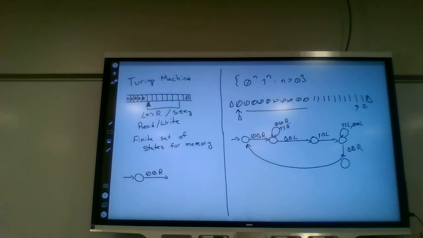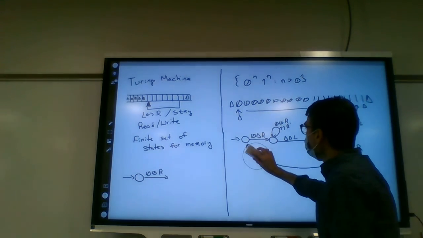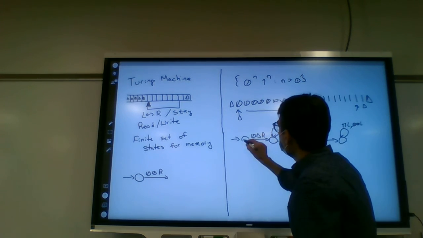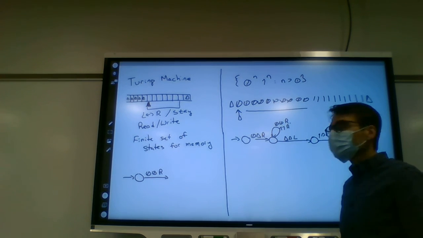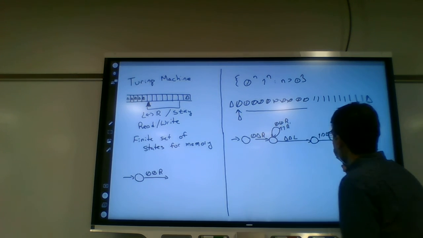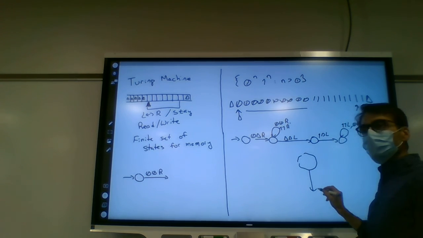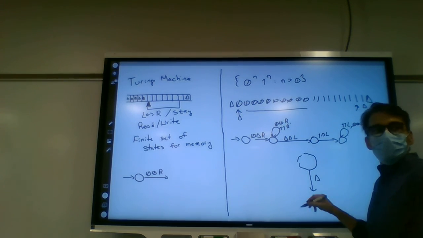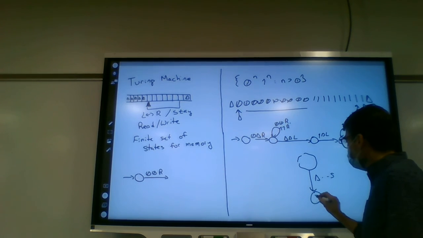Okay, but now we have to have an accept possibility, right? When will this accept? I would say on the start state here. So in this case, we have a separate state. When you come down to the accept portion, we will have a state, and it will come from wherever it needs to come from. If you've read the right thing, if you've read a delta and there's only a delta, then maybe we stay, and then there's an accept state.